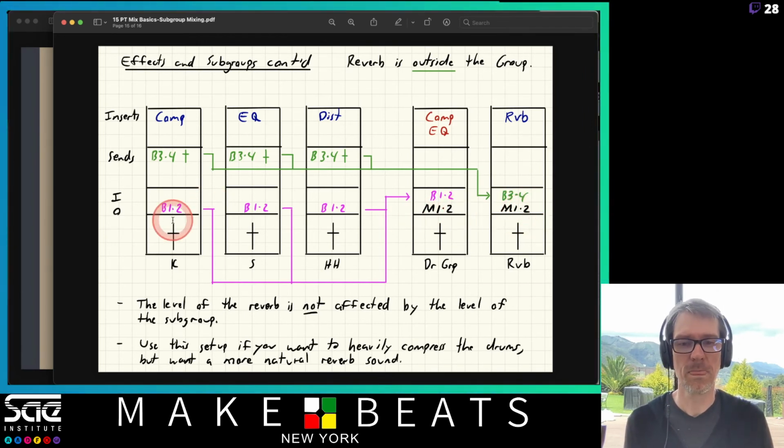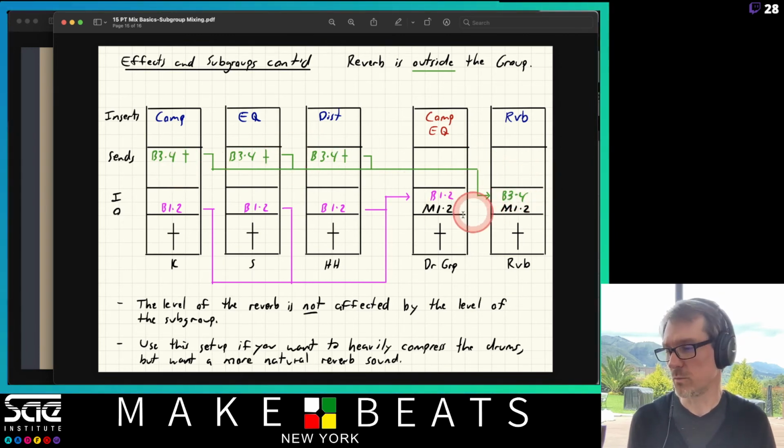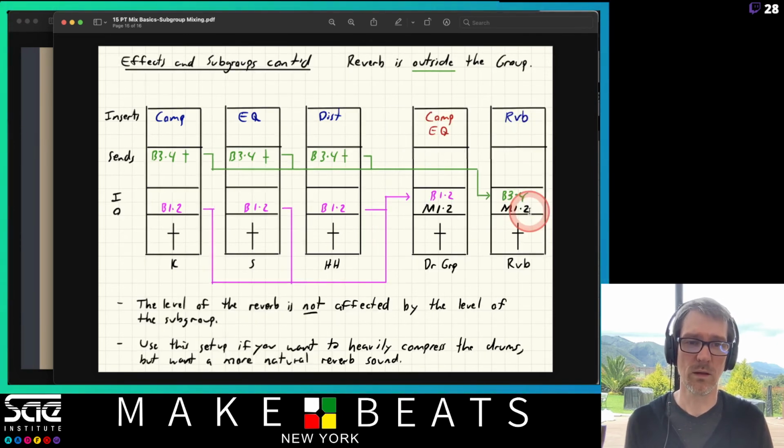So we can see here, kick, snare, and hi-hats are going to bus 1 and 2. Bus 1 and 2 is this drum group here. They have buses that are going in here, bus 3 and 4 are all sent to this reverb, but the reverb and the drum group are both going to my main 1 and 2. Whereas with this one